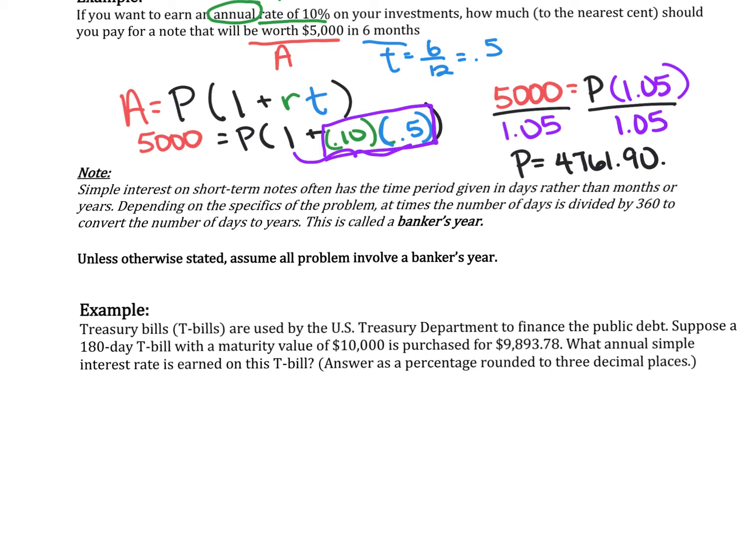So look what we're trying to find here. In the end, we want to know what is the annual interest rate. So this is a simple interest formula we're going to use. And they tell us that we have this T-bill, and it's a 180-day T-bill. So that's going to be my time. And my time here is equal to 180 days, and we're out of 360 days. So this is basically 0.5. They tell me it matures to this value right here. So if it's going to mature to that, that's going to be my ending balance. So my A here is equal to 10,000. And then the amount I invested, P, is sitting here. P is equal to